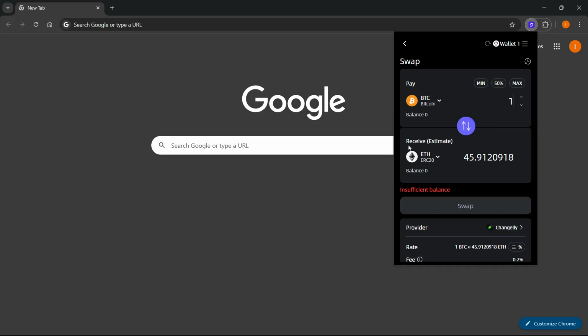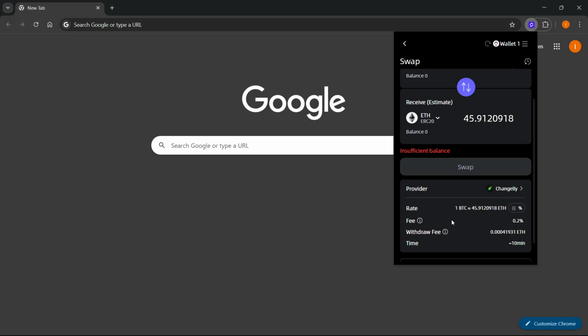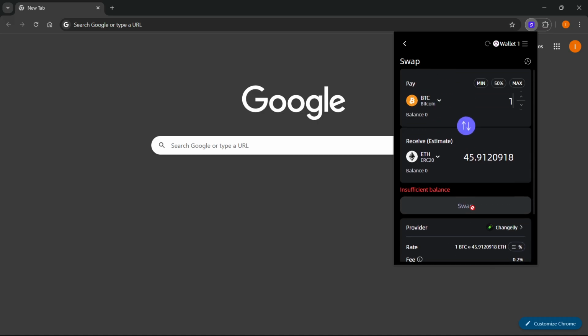So for example, let's say you have 1 Bitcoin for some reason, you would see how much you would get if you swapped, and in case you have a sufficient balance, and if you agree with this, and you'll see the rates, the fees, everything over here, you can then click on swap, and after you click on swap, it will basically swap this token, so in this case Bitcoin, for this one over here,